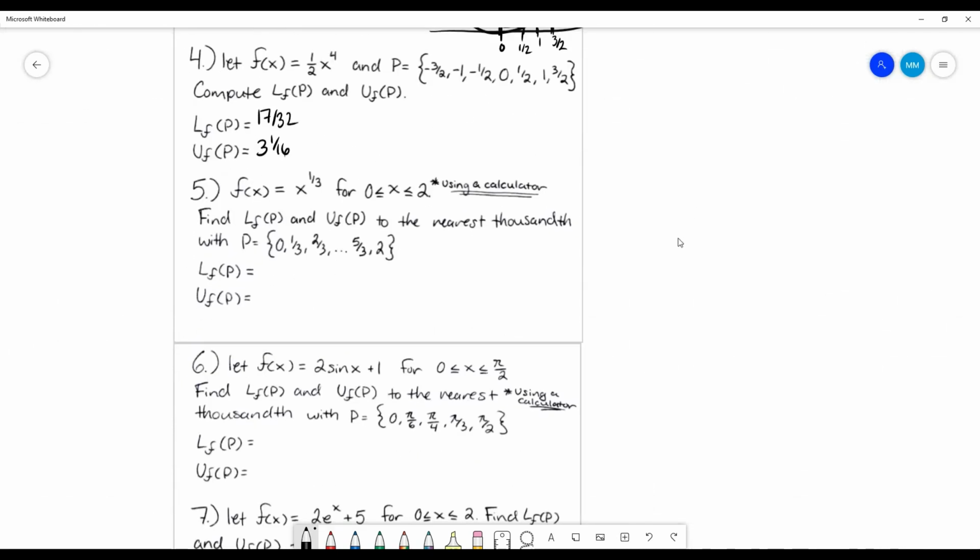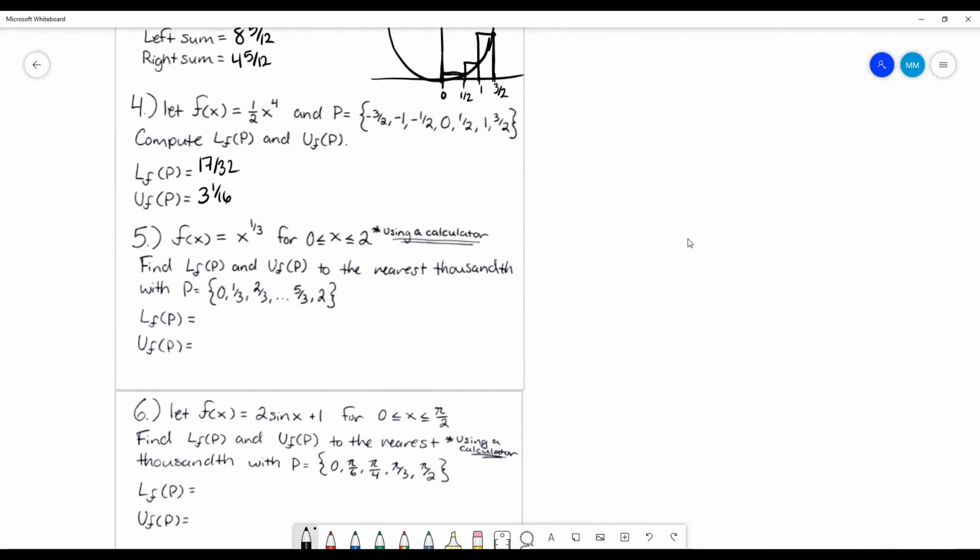Same deal. They let us use a calculator for this one because it gets pretty ugly. So f of x equals x to the 1/3, or just the cube root of x. And if I was to graph that, we're going from 0 to 2. I know that that's going to look like something like that, right? Being able to visualize that helps us figure out what our lower and upper sums look